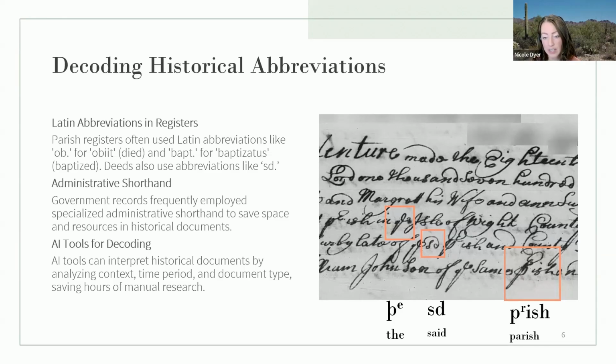But what I figured out is that the R is being superscripted and it's an abbreviation, PRISH, for parish. And this is used over and over. Also, another common